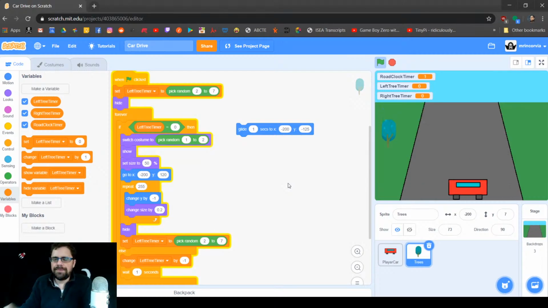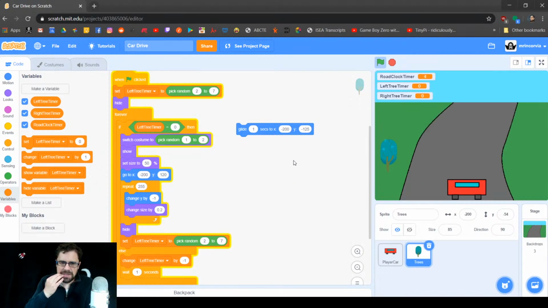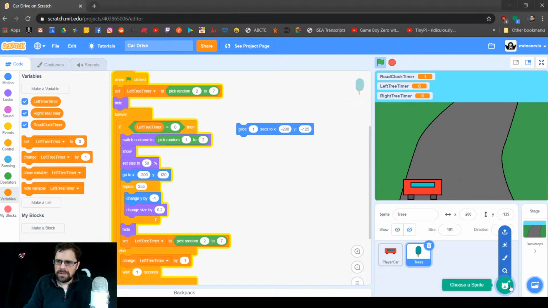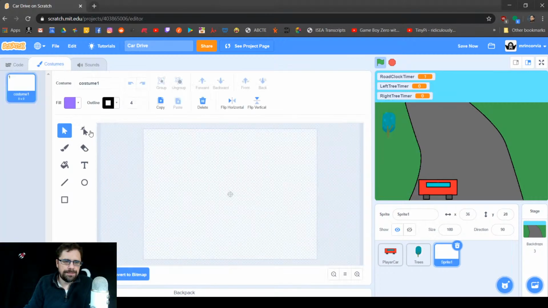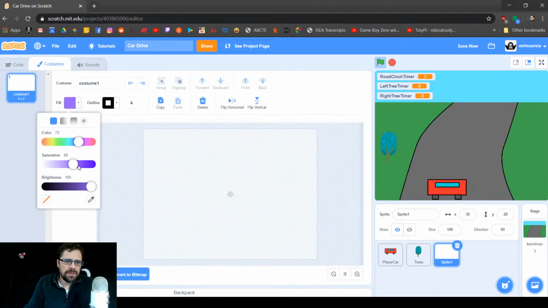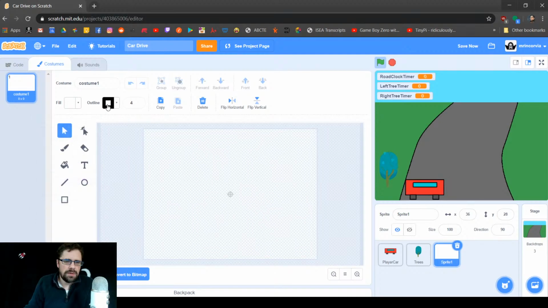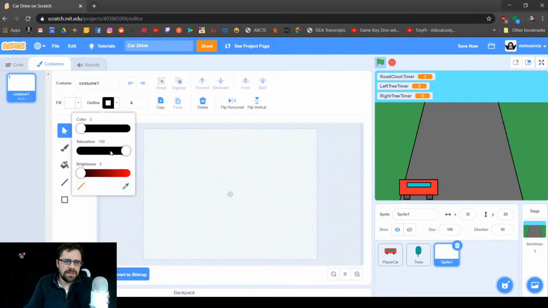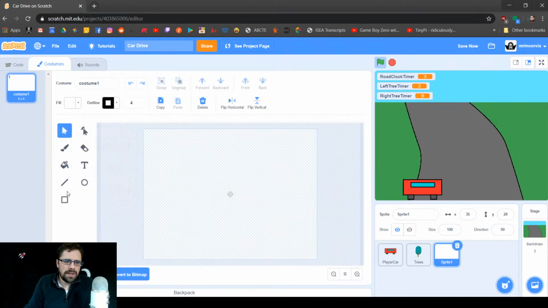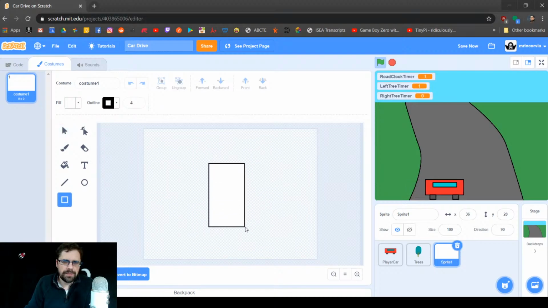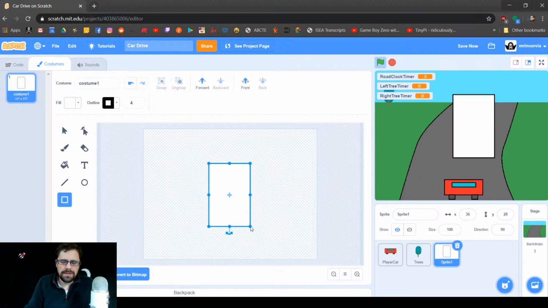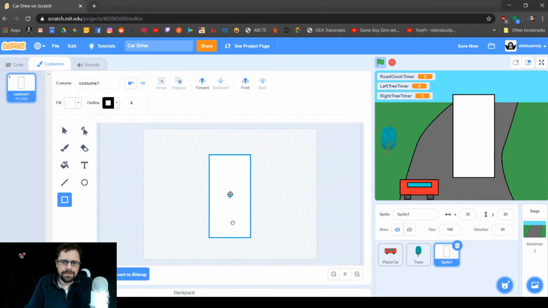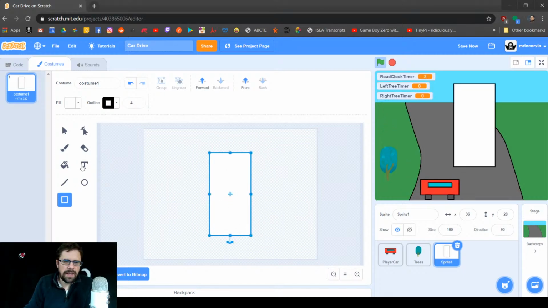So let's build that. We're going to make a sprite here. Let's paint a sprite. And we're going to have ourselves a brick like that. Maybe a little bit bigger. Okay, and I'm going to